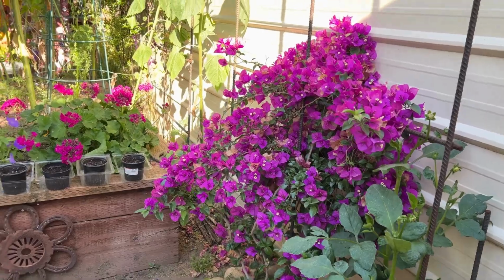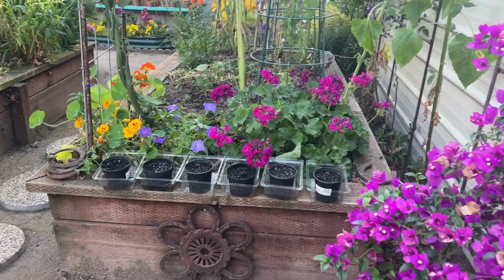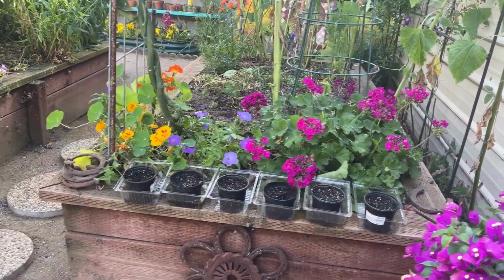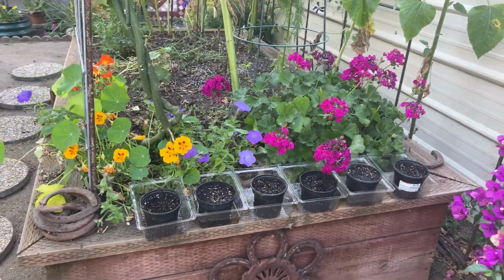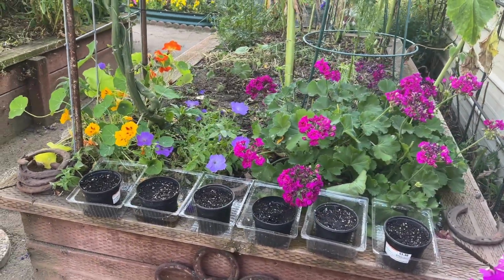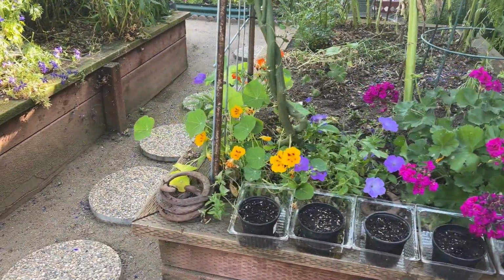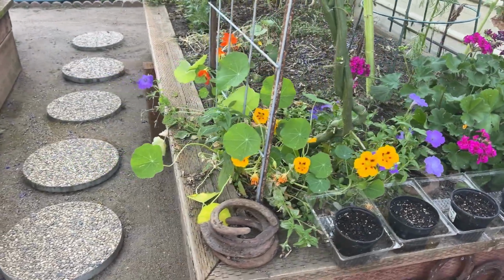And with the warmer weather come zinnias. I started to grow some zinnia seeds in little pots. I've been struggling with zinnia this year, I admit. I think maybe I started them too early because I was impatient. But now that the weather is warming up, I think I might have better luck. A little geranium and more nasturtium, although the weather's warming up, so I'm not sure how long that's gonna last,